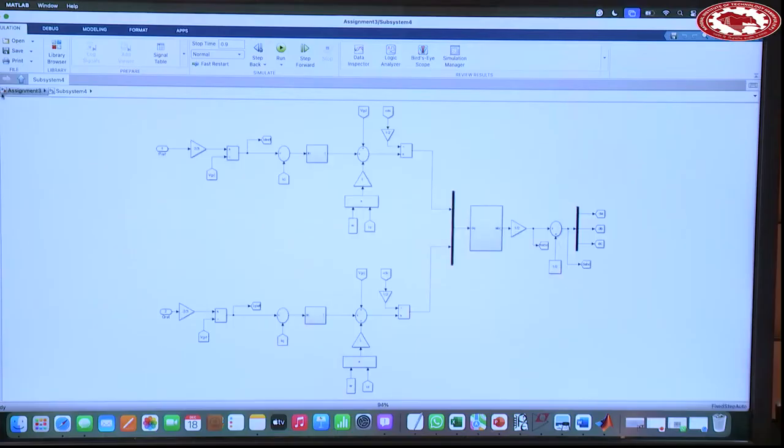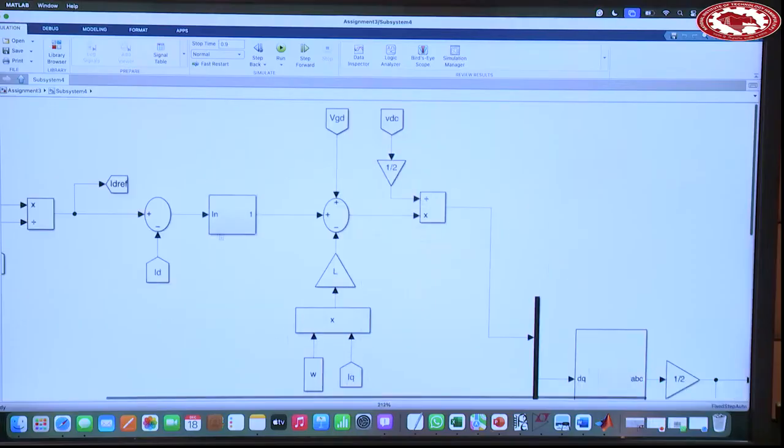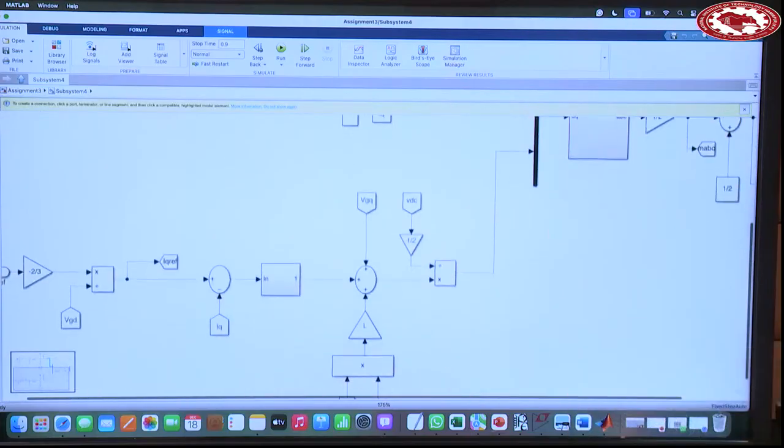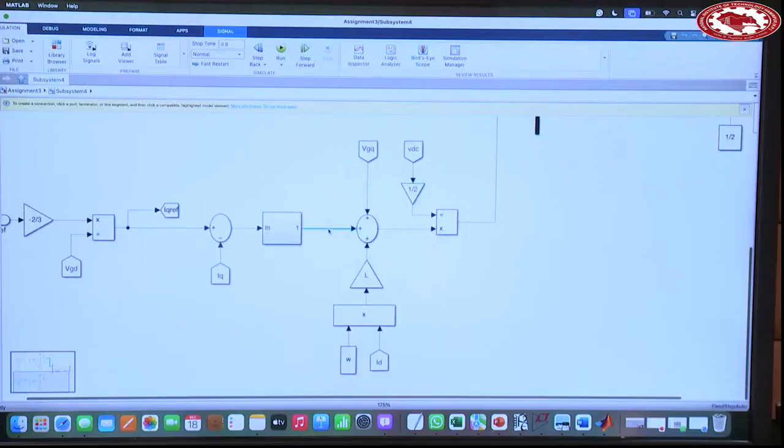Then UQ came, then plus the cross coupling omega L IQ, plus VGD. You get the modulating voltage, and here you divide by VDC by 2, you get MD here. Same theory. Here UQ came,